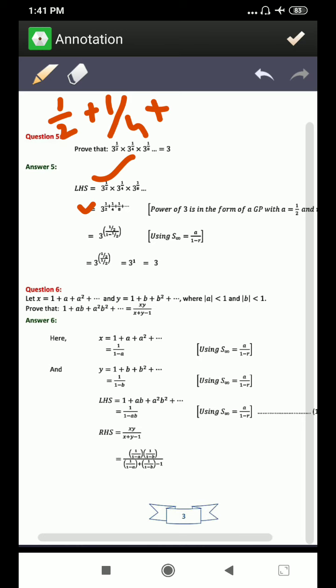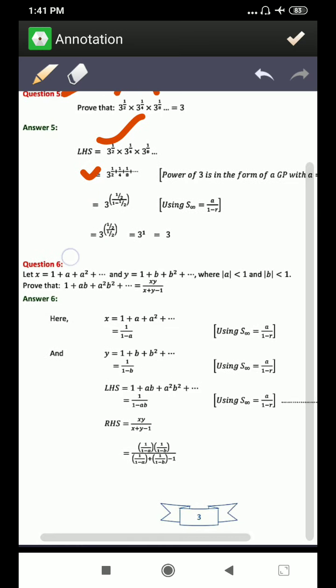So what we will do, students, first of all we will calculate the value of X. Right side of X is, you see, it is GP, whose first term is 1 and common ratio is A. So you just get the value of X. So we apply the formula of infinite terms of GP. So in place of A we will put 1, in place of R we will put A, so it will be 1 upon 1 minus A.